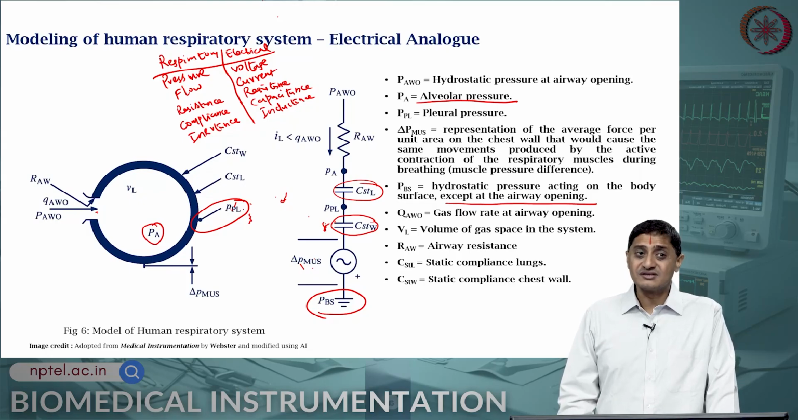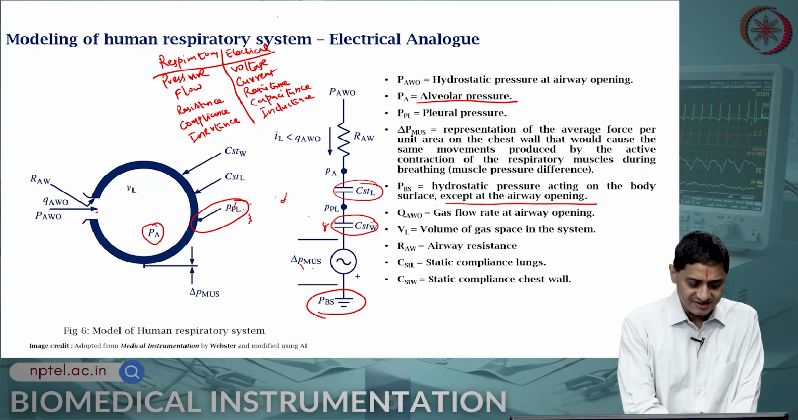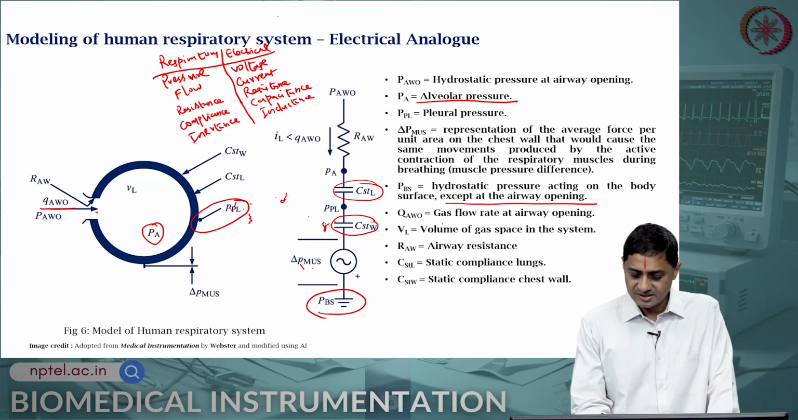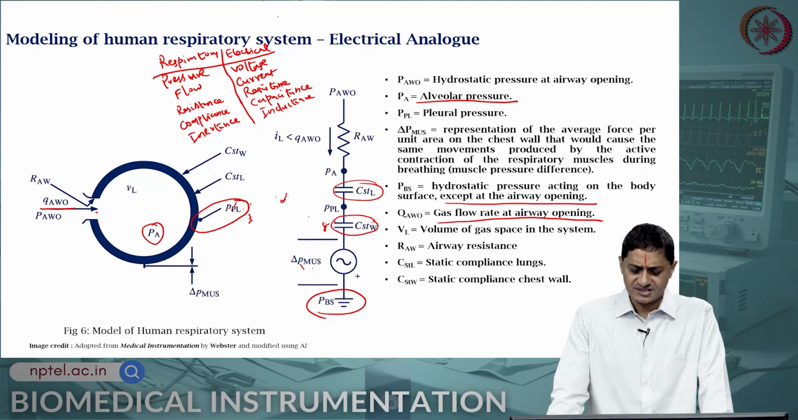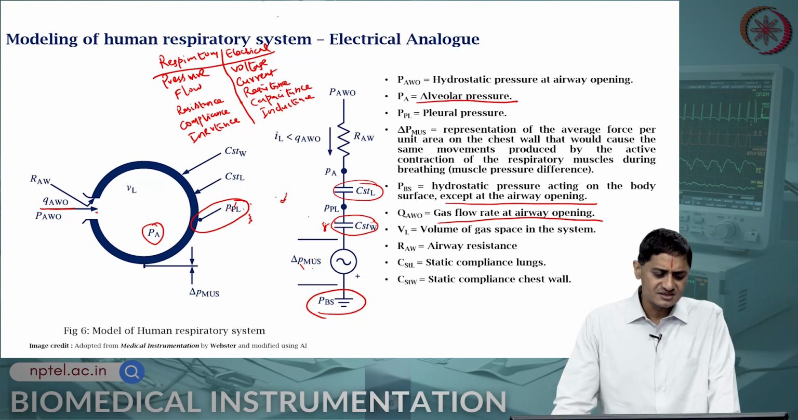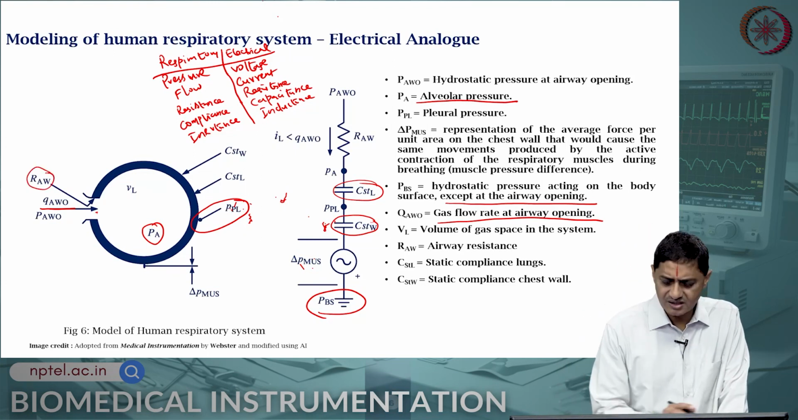Q essentially is a flow, QAWO, that is this is a flow, it is a gas flow rate at the airway opening at the nasal cavity, for example. VL is the volume of gas in the system, and airway resistance itself can be modeled as a resistance R airway,